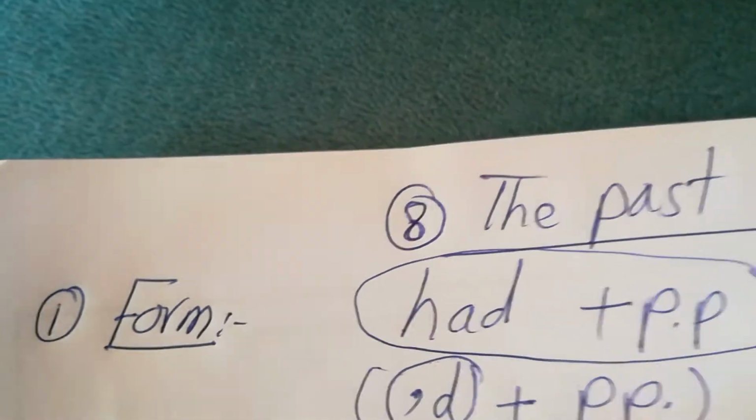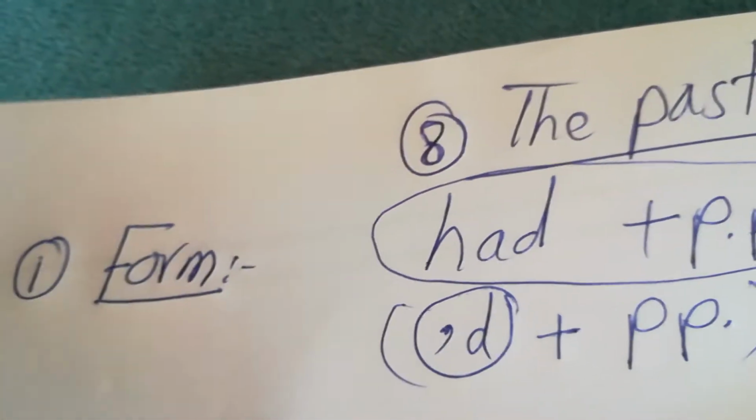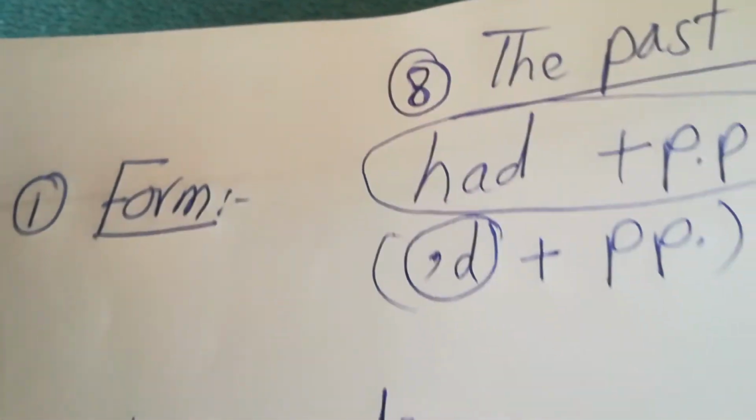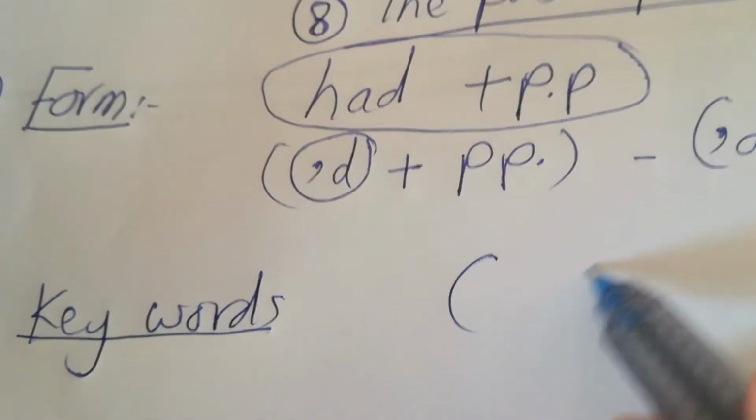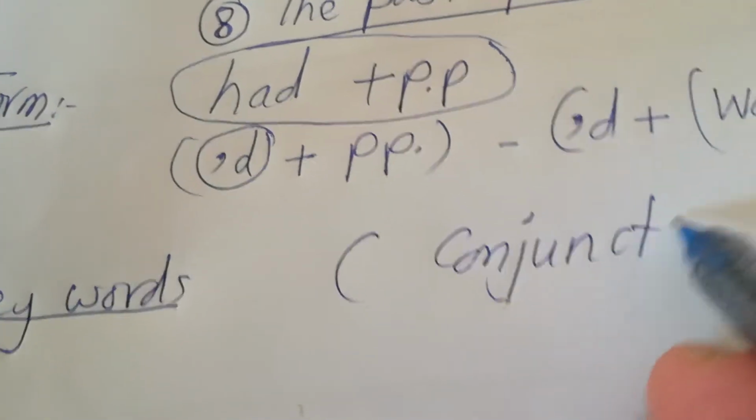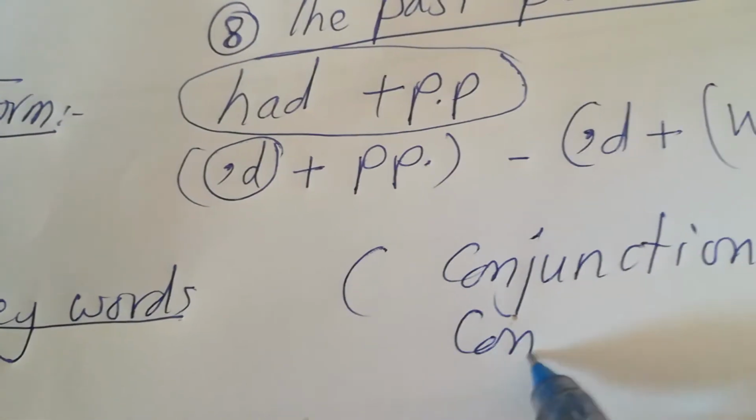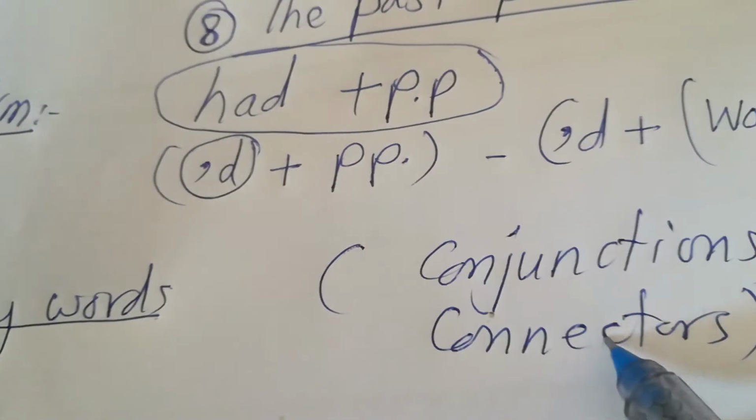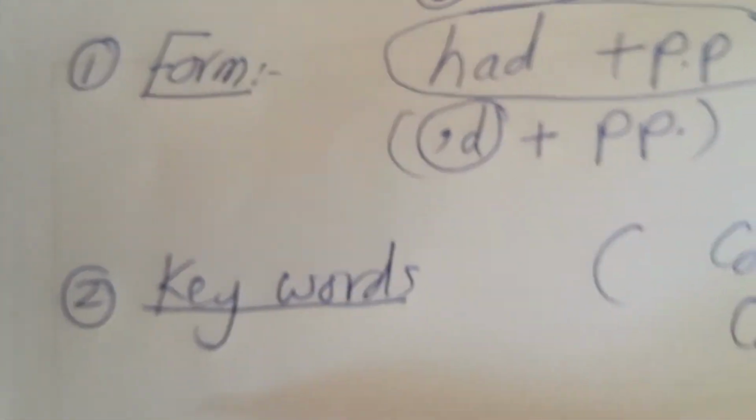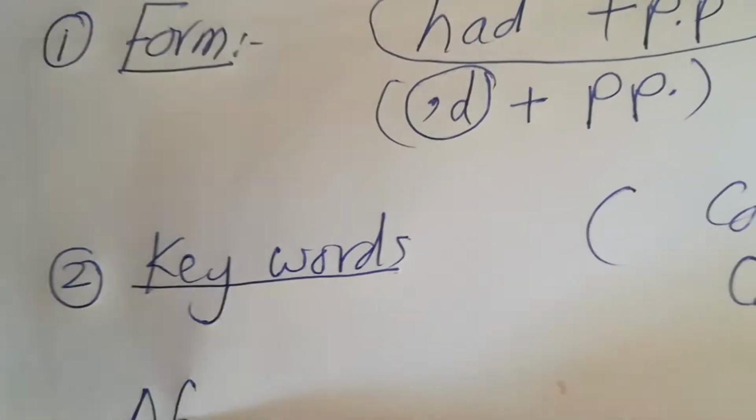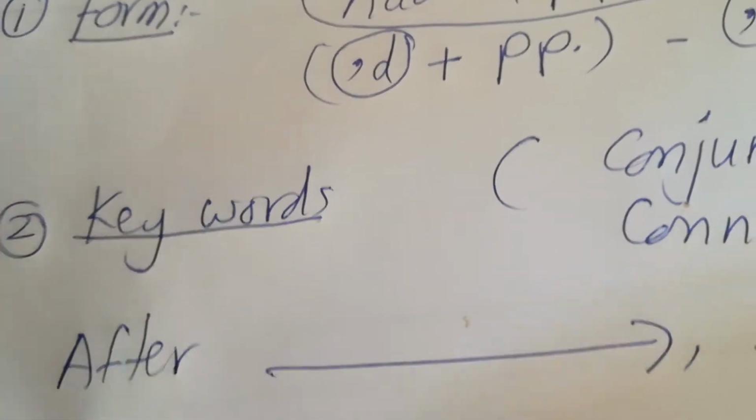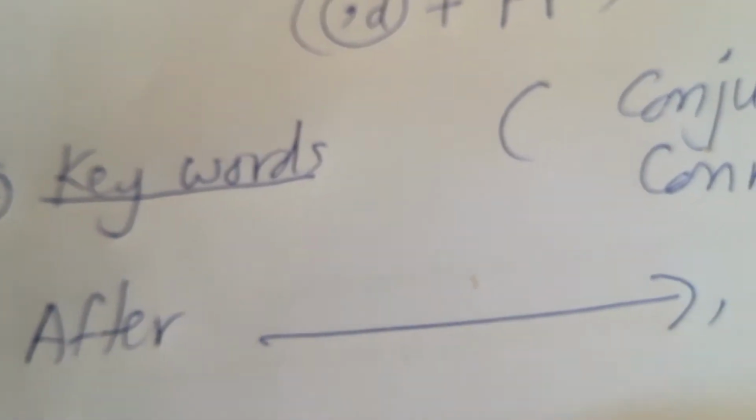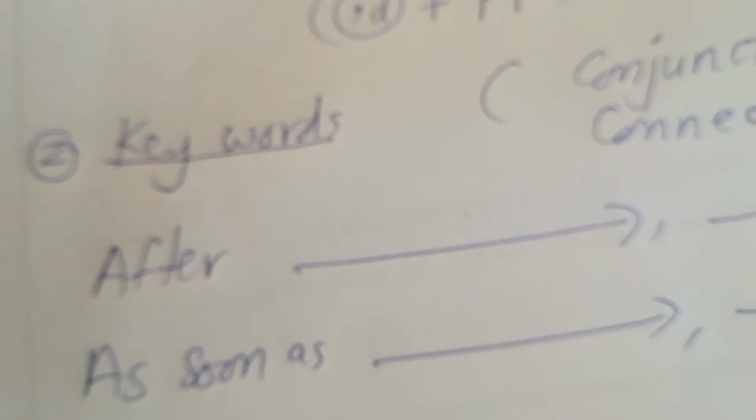Number two, what are the keywords? Keywords of the past perfect. Here we have a lot of conjunctions, or I say connectors, like what? Like after, two sentences, two clauses, after; as soon as, the same rule;